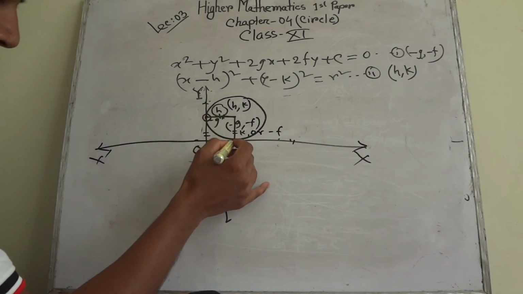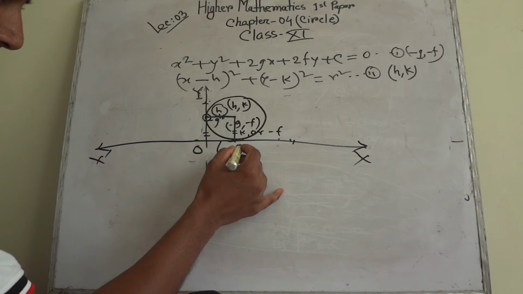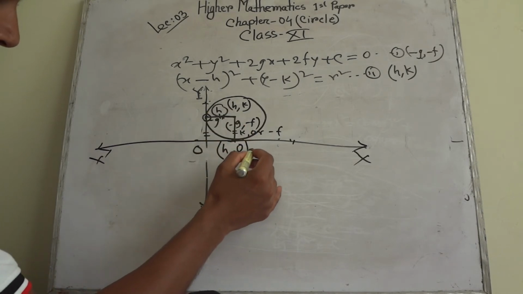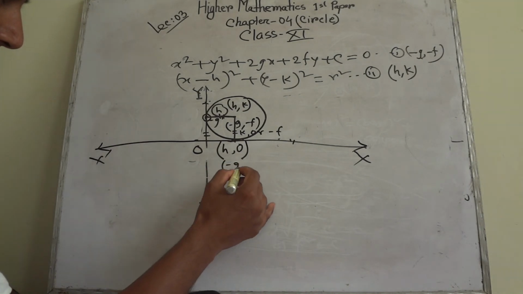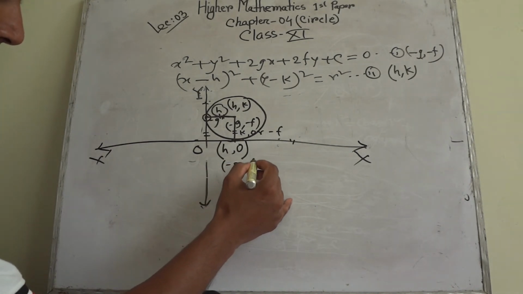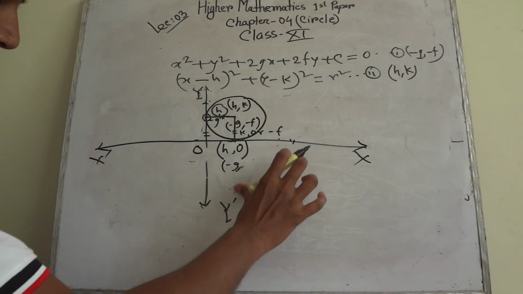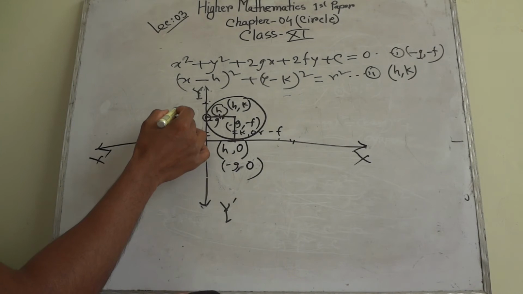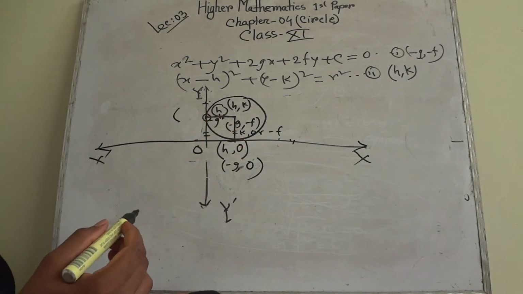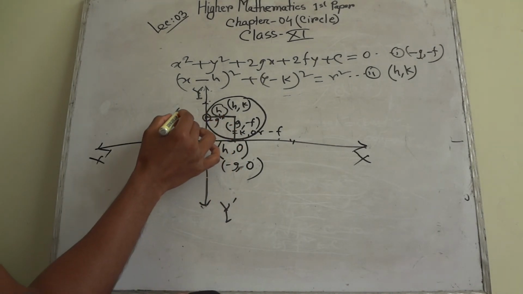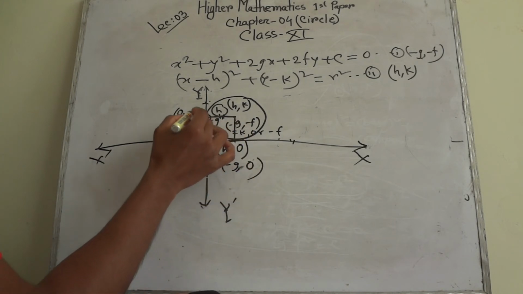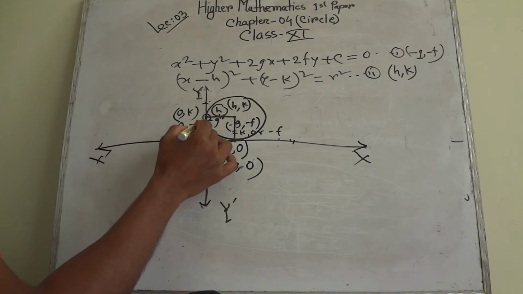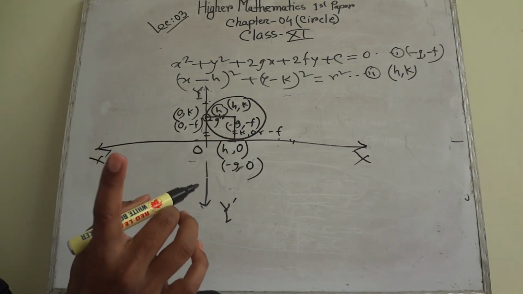So this point and this point will be on the x-axis, coordinate 0. But from here to here, this is equal to h, or we can write minus g, (minus g, 0) as on the x-axis the coordinate is 0. This, we can write, is 0, and this measurement is equal to k or (0, minus f). But remember,